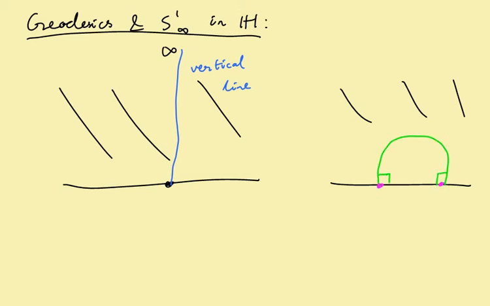Well, the only way this happens is exactly that this is a circle whose center is on the real line and which has center which is the midpoint of the two endpoints. So what has happened in this case, these are the two kinds of geodesics, either a vertical line or a circle intersecting the real line at right angles.